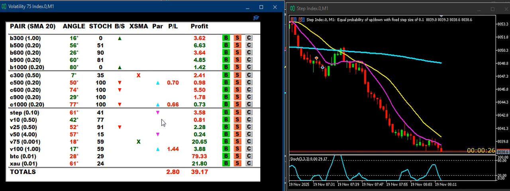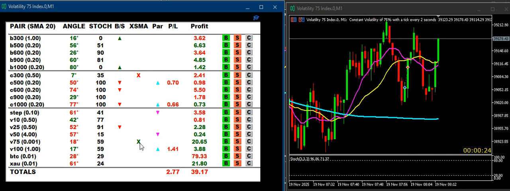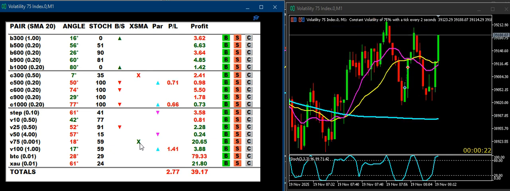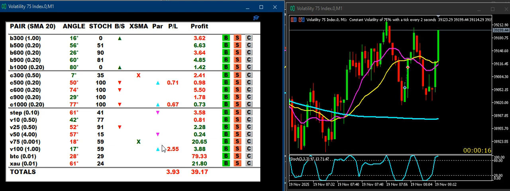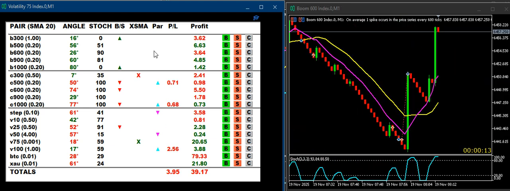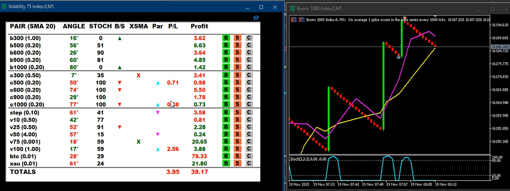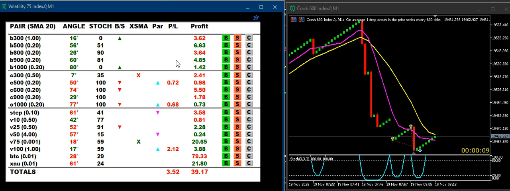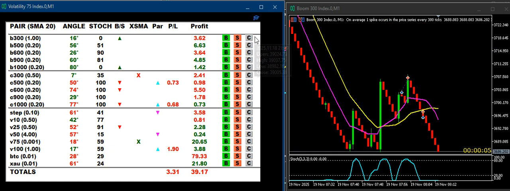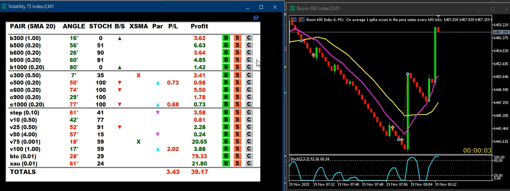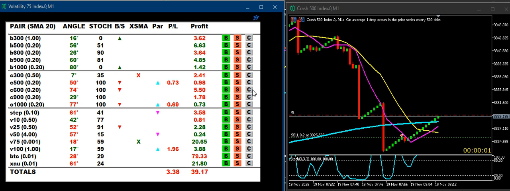The parallel down. Can you see? Parallel down. Cross above. See that green cross above the yellow? Okay, the parallel up. Okay, and that's basically it. So this tells you the open profit and loss. So if you see profit and you want to close it, all you do is you go to the C. And just look here how quickly it flips up and down from the one chart to the next.